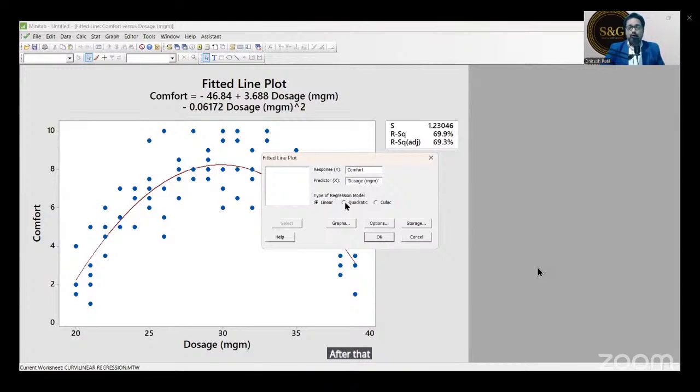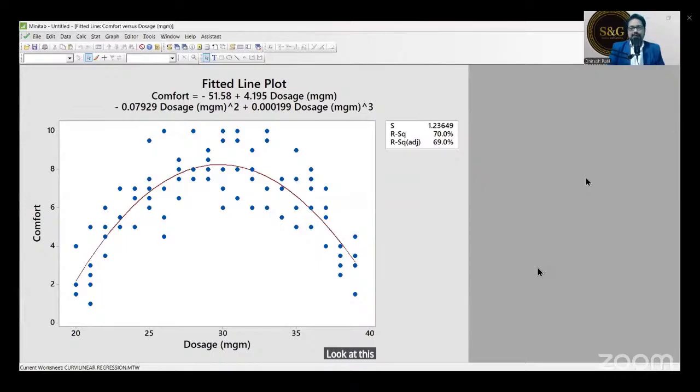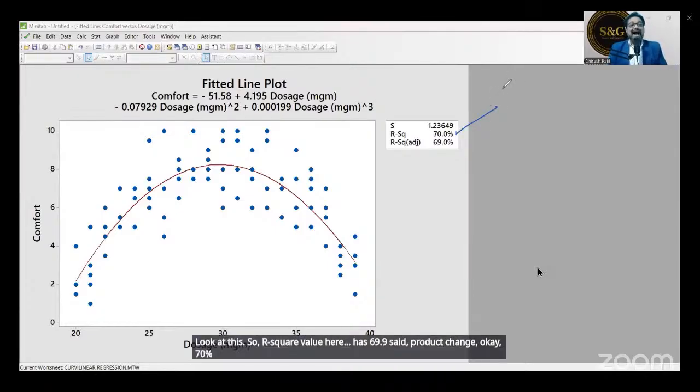After that you go to the quadratic model and click OK. So you will get both these graphs. Then once you do that, go for cubic and click OK. Look at this. So the R square value here has changed slightly from 69.9 to 70%, which is the highest R square value.